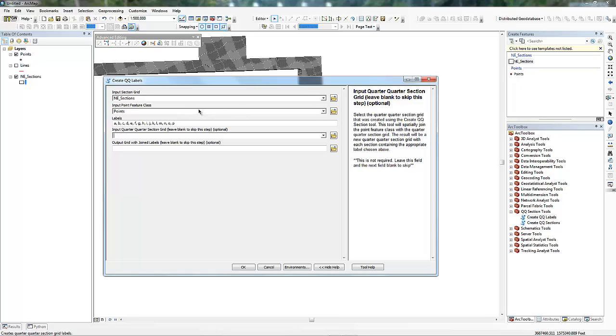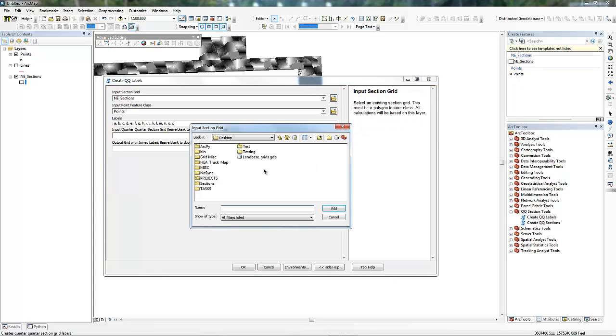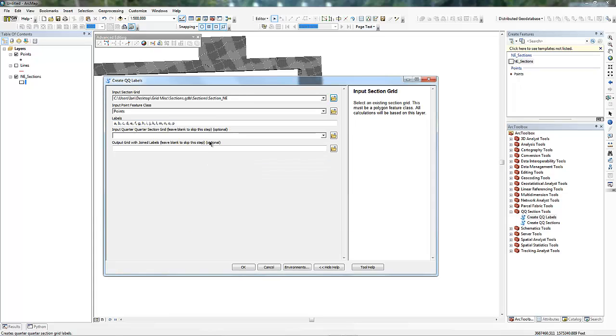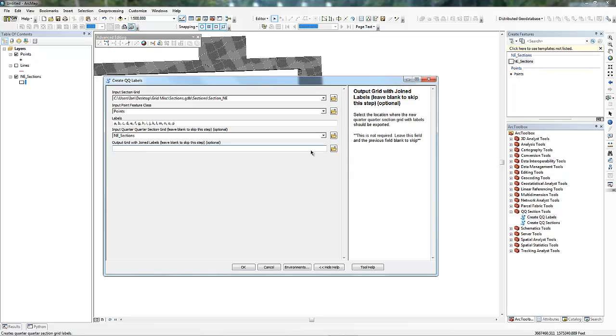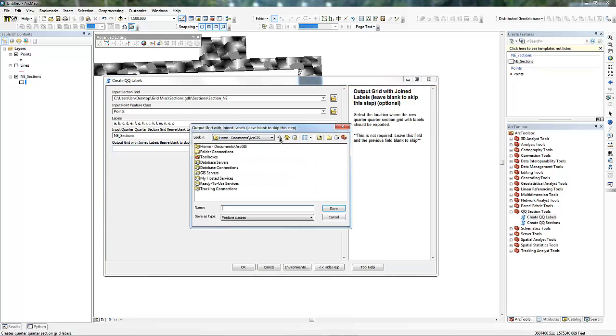Oh, and I just realized I overwrote this Nebraska section, so I have to use a different one, because this one was split up into the quarter sections, so just be aware of that. So that's what I'm going to use there, and then for the input quarter sections I'm going to use this one, because that's the one we just made, and then this is where we want to save it to, so I'm going to